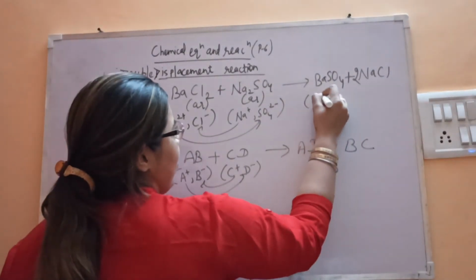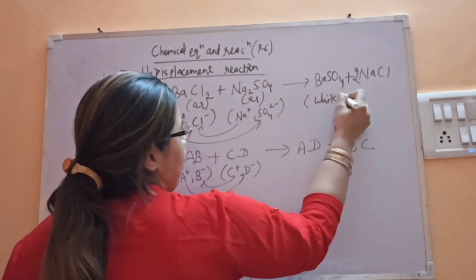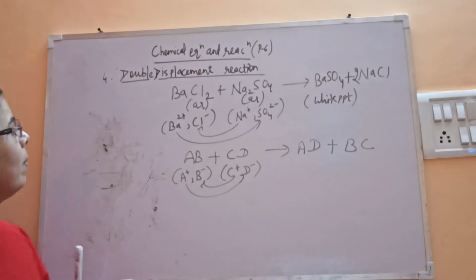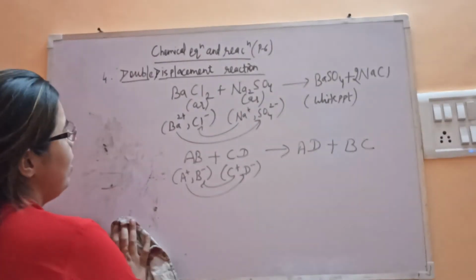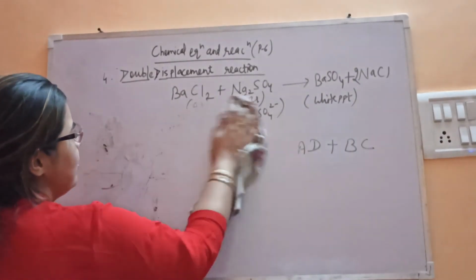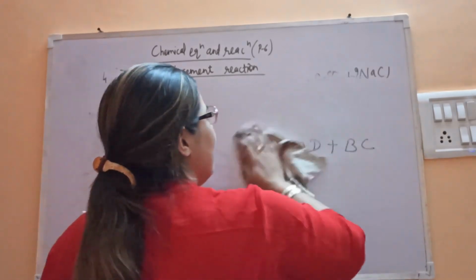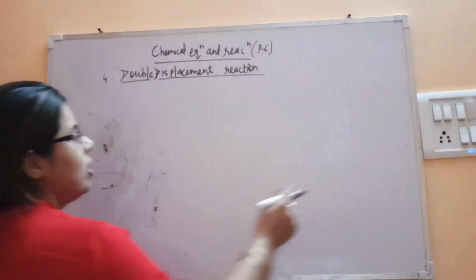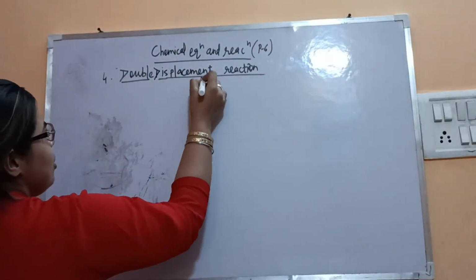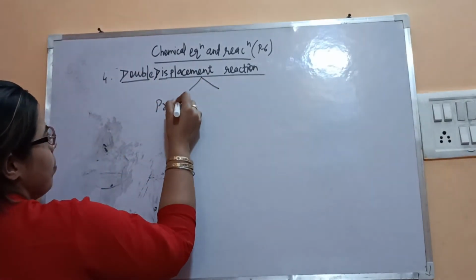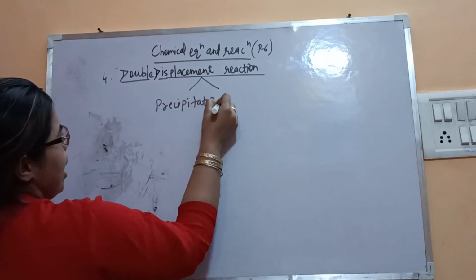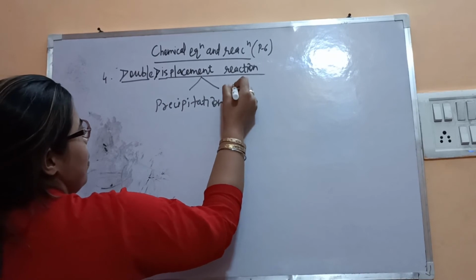Barium sulfate, here it is a white precipitate. This is a white precipitate. So let's consider the types of double displacement. It is of two types, and in both the types aqueous solutions are required, but the compound will change. So first is your precipitation reaction, and the second one is neutralization